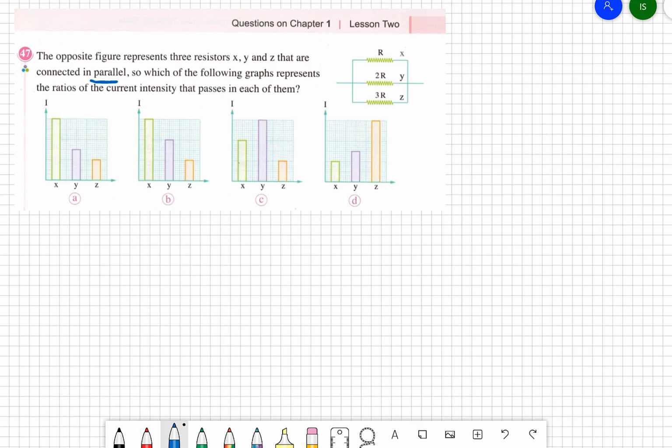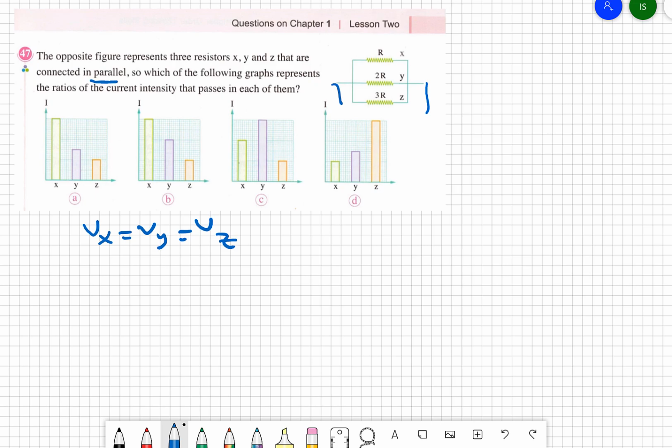So which of the following graphs represents the ratios of the current intensity that passes in each of them؟ أنا عندي 3 resistors R, 2R, 3R. طيب أنا عارف إن دول connected in parallel، يبقى ال V constant is the same، يعني Vx بتساوي Vy بتساوي Vz،